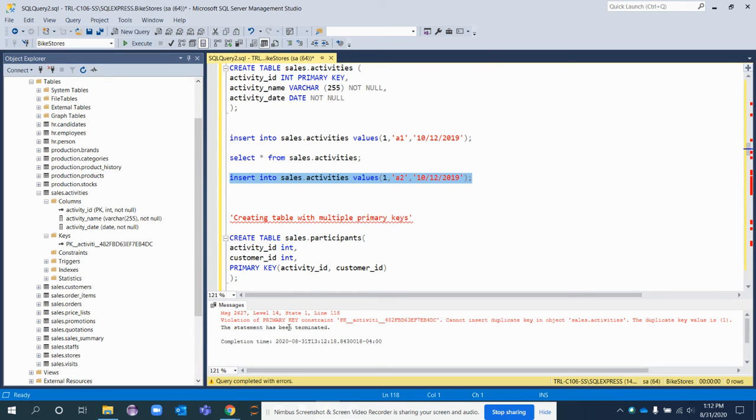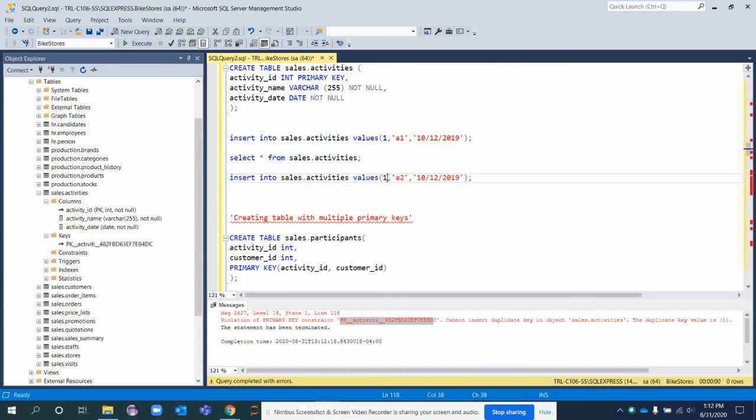See the violation of primary key constraint. There is one violation because the primary key that you created for the column activity ID says it cannot insert a duplicate value, because it's declared as primary key. That's why it's giving that error.